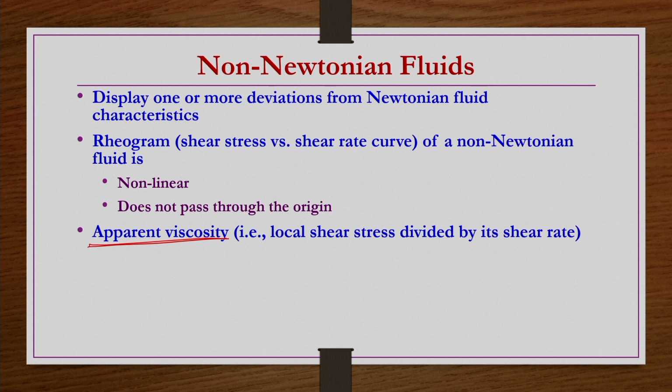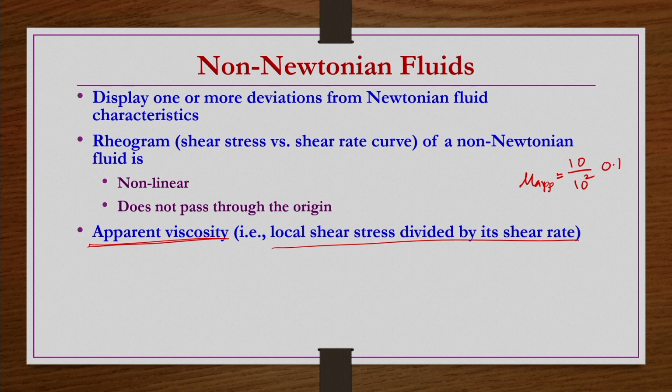The apparent viscosity, as I mentioned, we will not call viscosity for non-Newtonian fluids; we call it apparent viscosity, because we realize that the viscosity is going to change with the shear rate for non-Newtonian fluids in general. Apparent viscosity is the local shear stress divided by its shear rate. So, let us say you are doing a shearing experiment at the order of 10 power minus 2 second inverse, and you get a shear stress of 10. So, 10 by 10 power 2 second inverse should be 0.1, the apparent viscosity of this material.